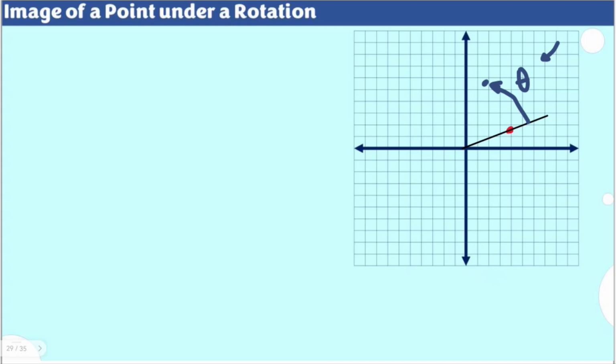Sorry for that. Let me do it again. Okay, it should be this one here. From this point, rotate it at a certain theta. This point here is the rotation of the given point, or the image of the point under rotation, on this specific theta, which comprises the initial side coinciding with the point, and the terminal side coinciding on the image. So this is the theta now.